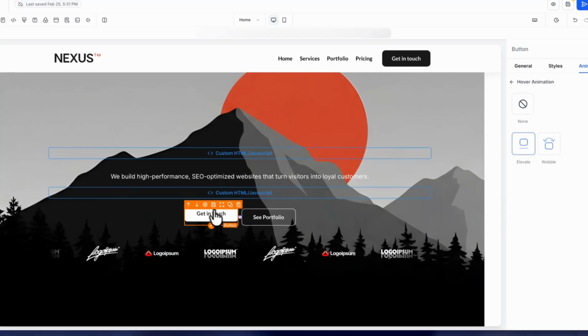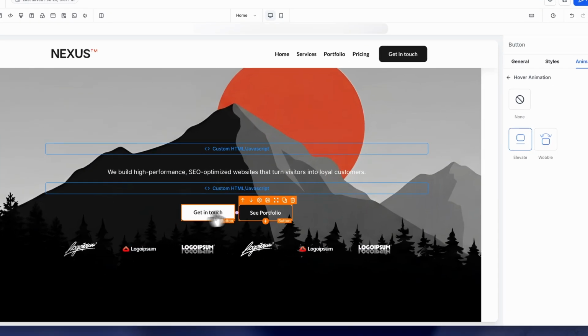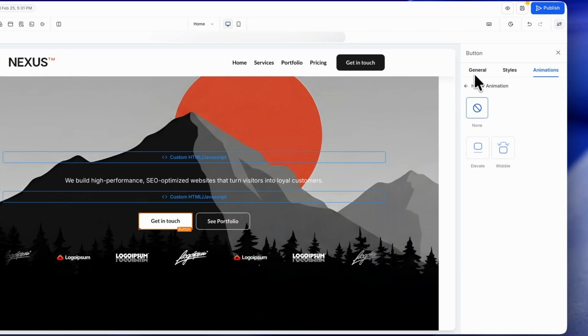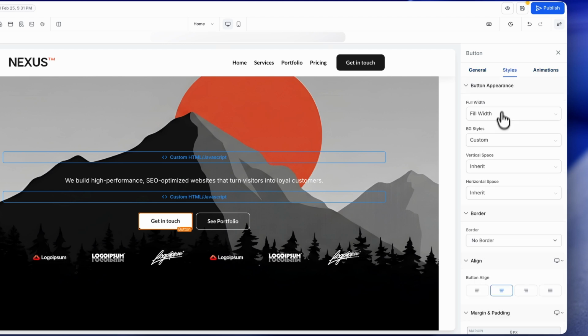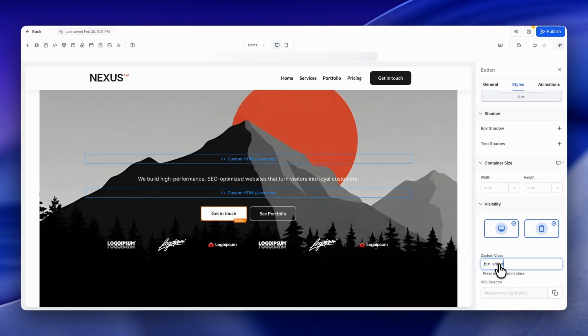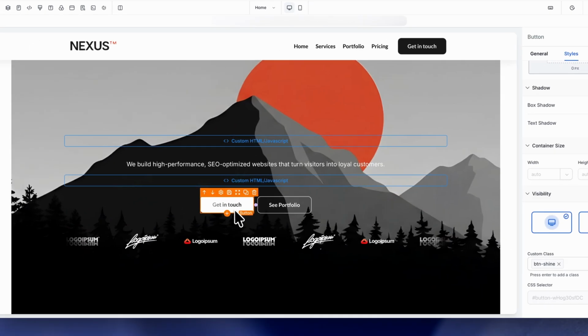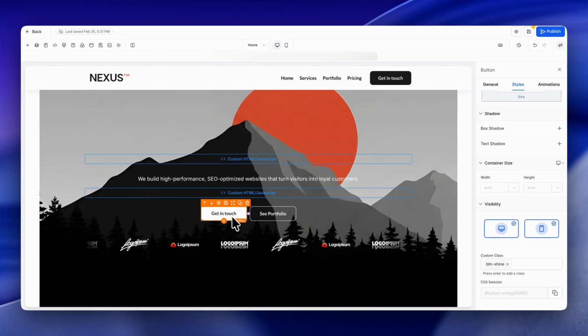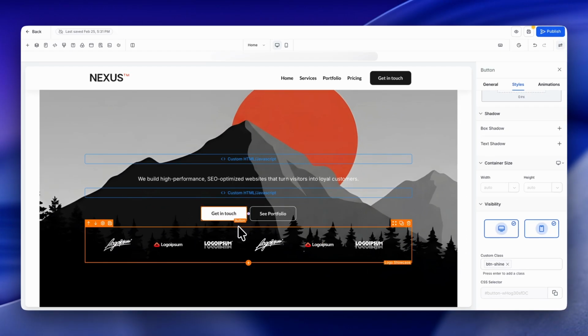So I just added the custom CSS. Now let's select the button and remove the hover animation. And let's get back to style. And then we just need to apply the custom class. And after applying, you can see when we hover over it, we have a really subtle shine effect on